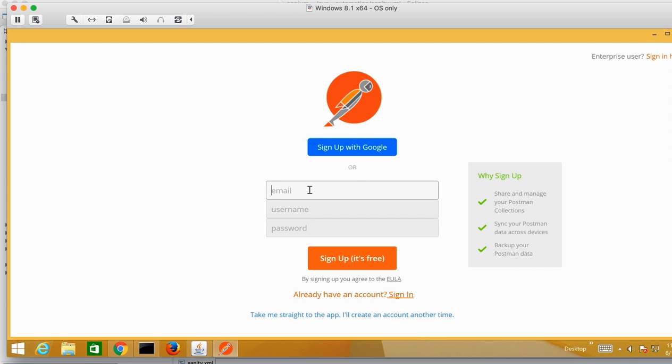So I will supply a username and password here. I'll use some dummy username and password. Let me write test. I'm not able to type here actually, it's pretty slow.